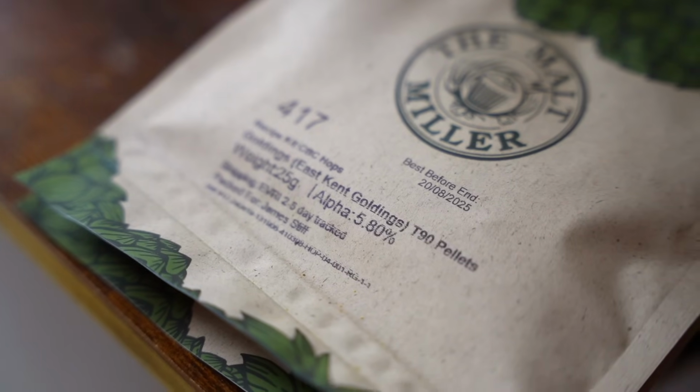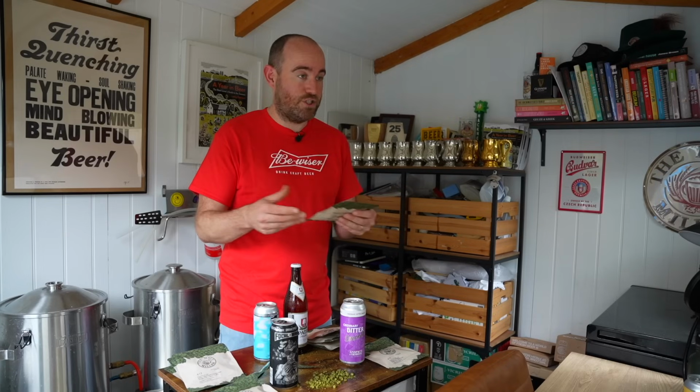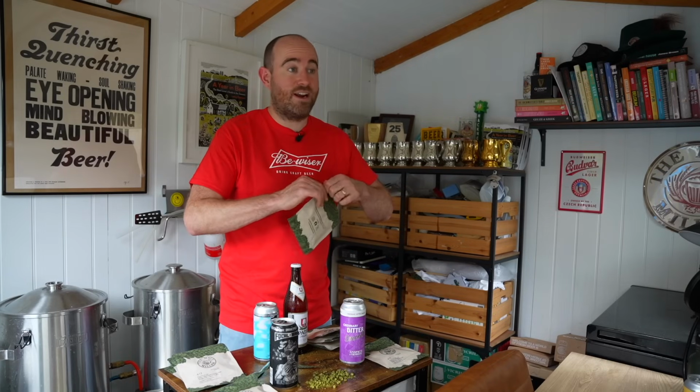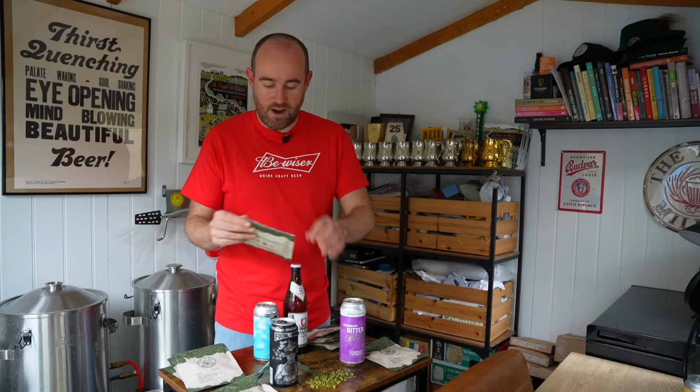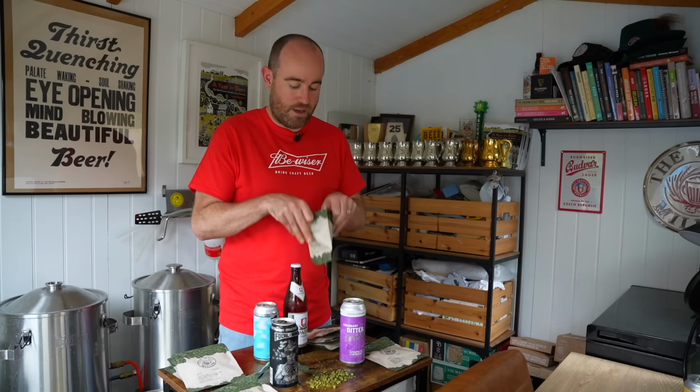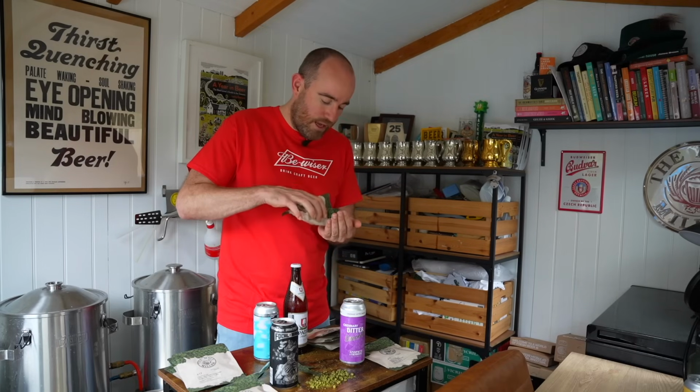East Kent Goldings come from East Kent. Goldings from elsewhere would just say Goldings. And that's because historically, and I think in modern times, the Goldings of East Kent are the ones that are most recognised as being best. Now these hops